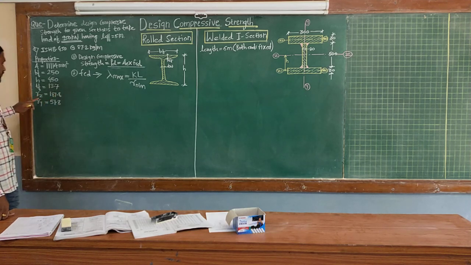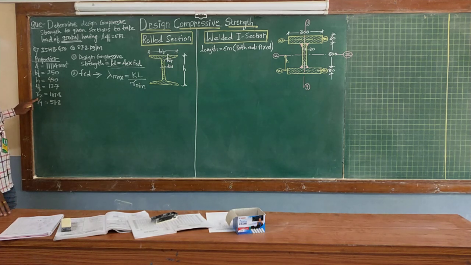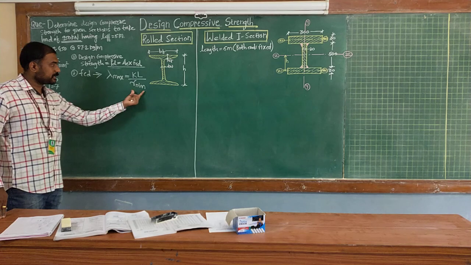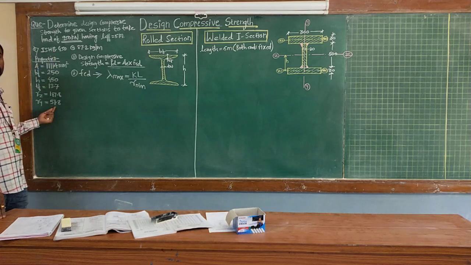In your steel table, Z axis is nothing but your x axis. So Rxx is nothing but your Rz value. I have directly mentioned this horizontal axis as Z value. So this Rxx or Rzz value is like 187 and Ry, that is the minimum value, equals 51.8. Correct? So here the second factor, R minimum, we have calculated as 51.8.